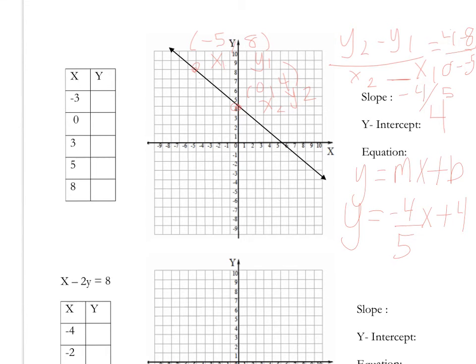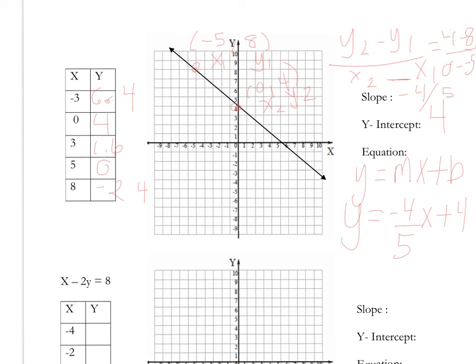Alright, so this graph looks a lot like ours, so we're in a good place. Now we're going to press Control T, and plug in those values. When x is -3, we get 6.4. When it's 0, we get 4. When it's 3, we get 1.6. When it's 5, we get 0. And when it's 6, we get -0.8. We want to know when x is 8. So keep going, we get